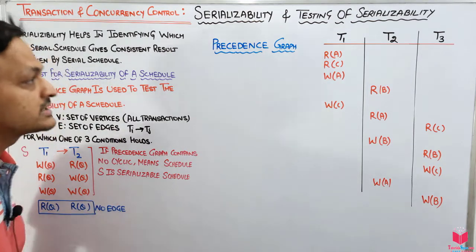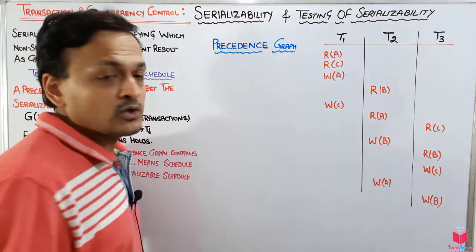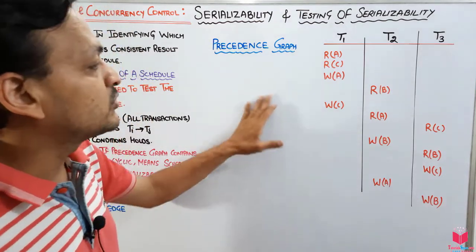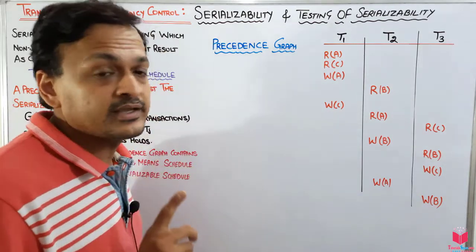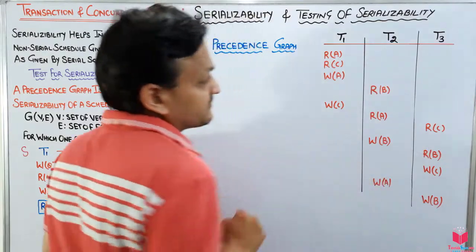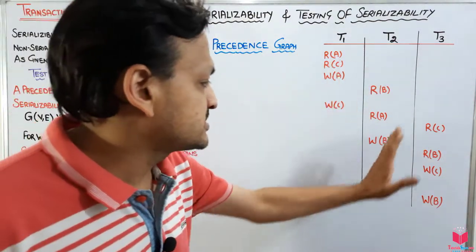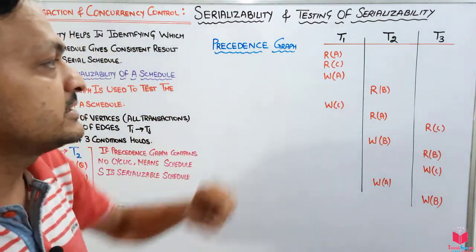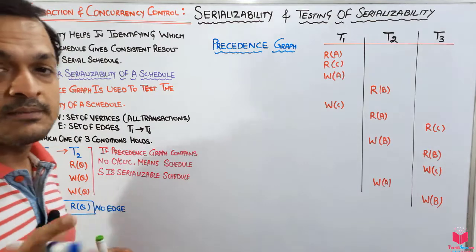Okay guys, so let's see how we can create a precedence graph of a non-serial schedule. These are basically numerical questions that come in the papers many times, for 5 to 7 marks. So how do we solve it? Please be careful. First of all there are three transactions, T1, T2, T3, and these are their instructions, or the operations done by these three transactions in a concurrent manner. So we have to create the precedence graph.